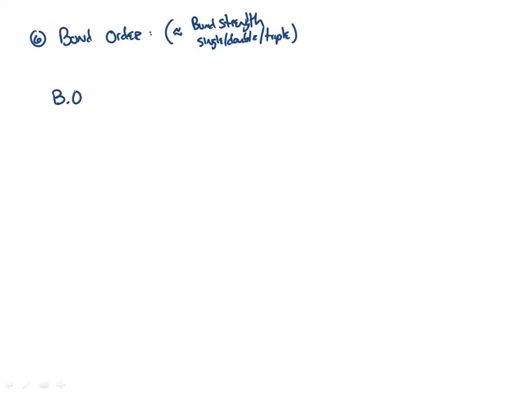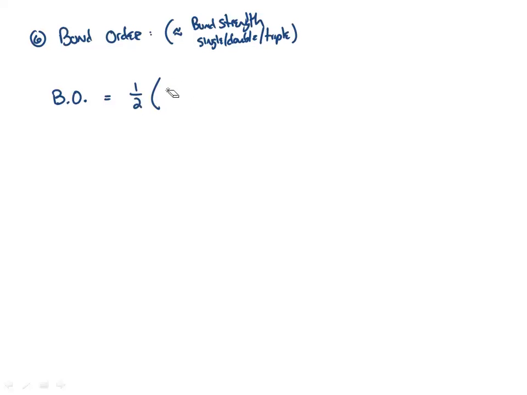And then number 6 is we're going to define something called a bond order. And this is equivalent to what we consider a bond strength, meaning that we can mathematically calculate it. It also corresponds to the idea of single, double, and triple bonds from Lewis structures. And the idea is that the bond order, or BO, is equal to 1/2 the number of electrons